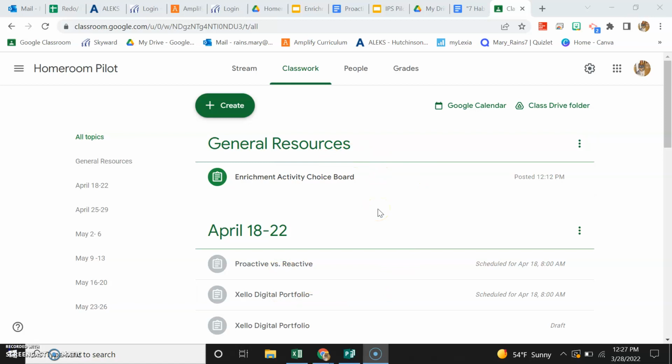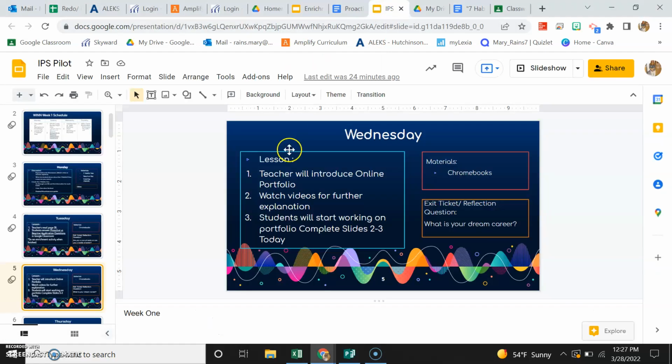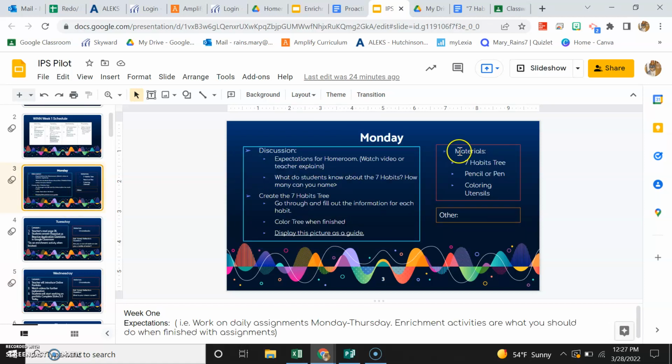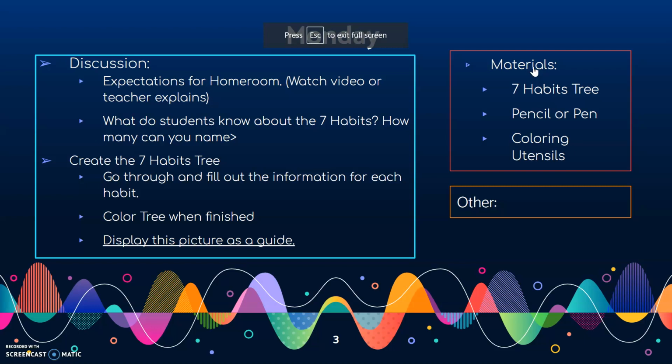So anyway, this Google Classroom is where you will go to get all of the resources that it asks you to do, and generally you will be cued to go to Google Classroom to find them. The way that you will be shown this is every day when you get into class on the Clear Touch or in some form or another, this will be presented to you, but each day will have a set lesson that you guys are going to be going through and you and your teacher are going to be working on. They all generally look the same, but the content is different. So I'm just going to go through and give you the gist of what is on a daily slide that you would see.